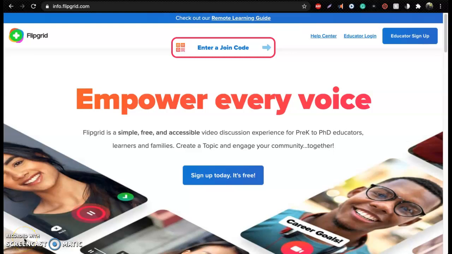We're going to take a look at Flipgrid, and the main objective here is to learn how to get into Flipgrid, create an account, create a group, and then create a topic within that group to get your students interacting with each other. So to begin, you go to Educator Login or Educator Sign Up, and then you will just